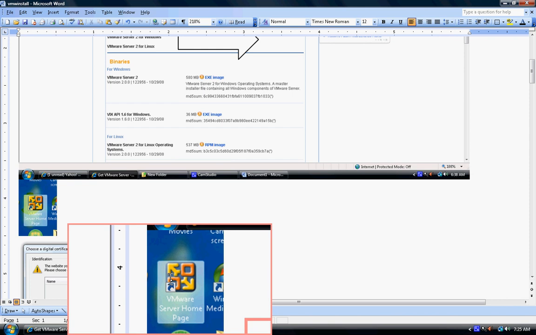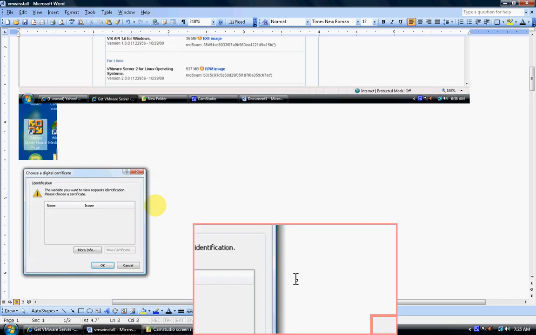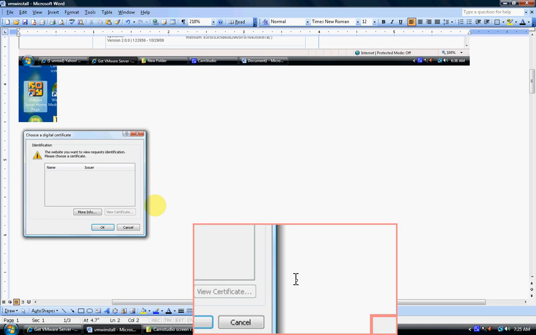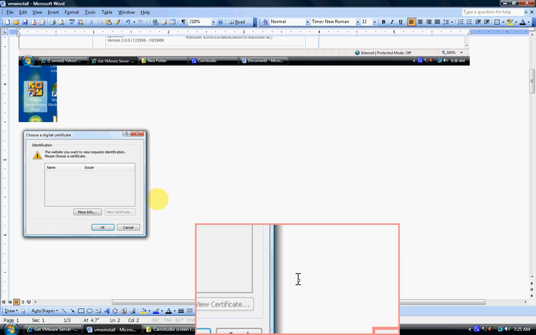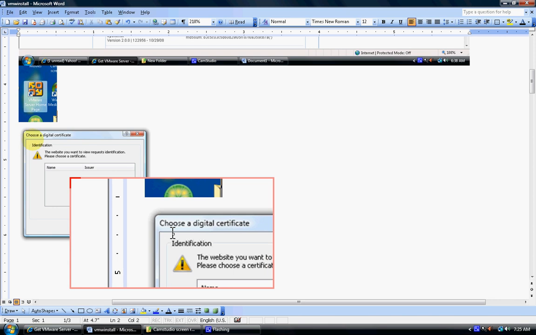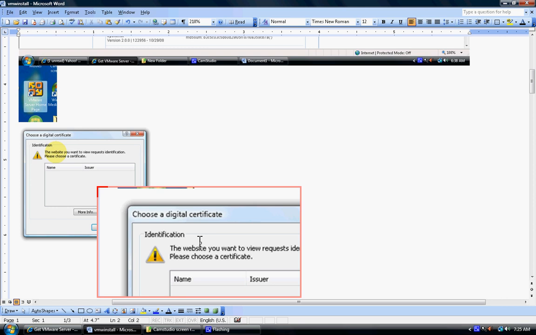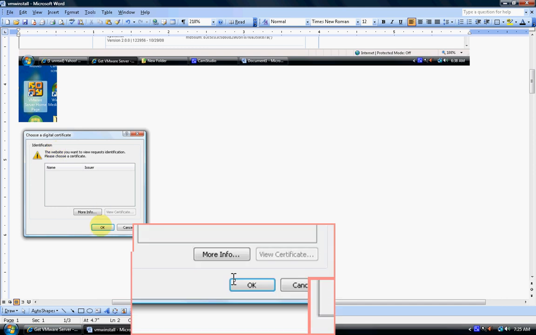And I was a little confused when I clicked it, because I'm thinking they're going to give me a machine that I can just open on my computer, but instead it opens up a browser window, and the first thing it does is tell me that I have to choose a digital certification. I don't know what they're talking about, and I just keep on going. So then the next thing I get is this,